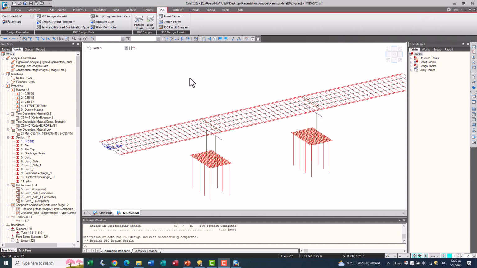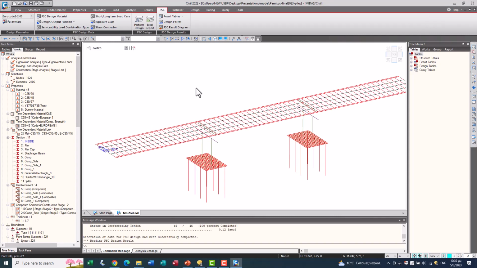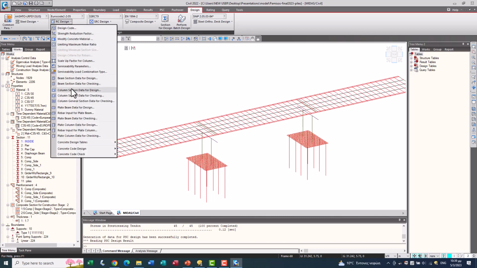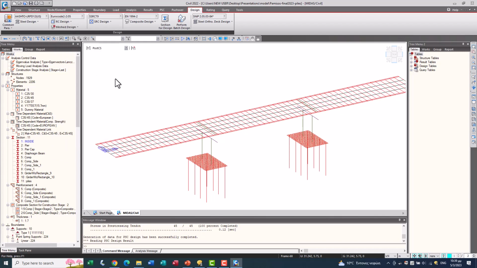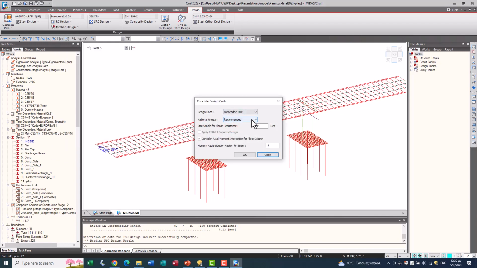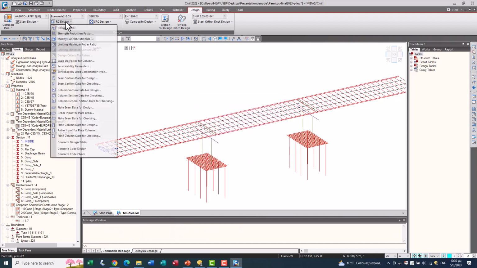Also, we shall now check the reinforcement for the piers. We have chosen Eurocode 2. We choose the design code, and also that we consider axial moment interaction for plate columns.